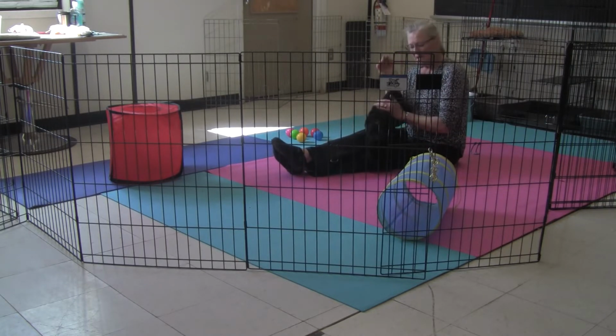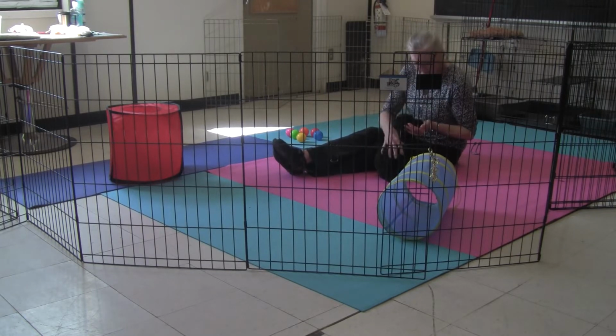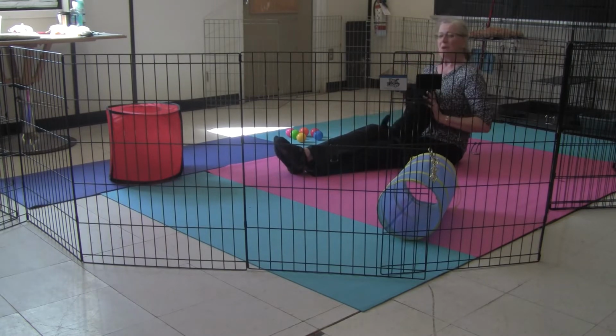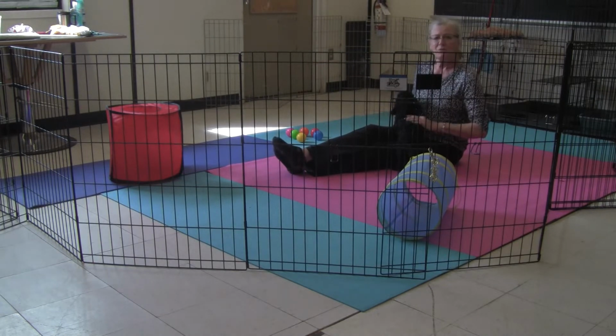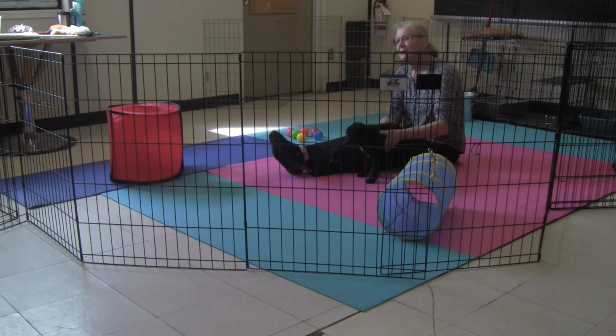Some puppies sit down and totally shut down and won't come and won't move. So she's done really well. She came right to me, so that's the social side. She didn't look at any of the things. Some puppies come right out and start checking out the room and don't even come to me at all. So very social. So I'm going to